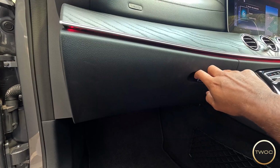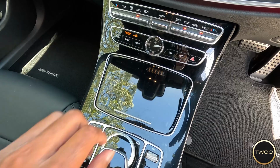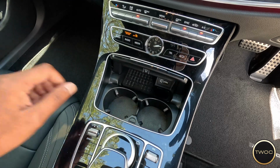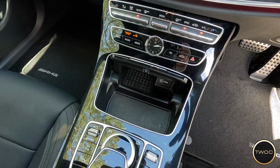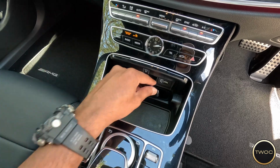Lastly, we have storage, starting with the glove box, which isn't all that big, but it does have a vent that can be opened or closed to cool the space. Under the piano black lid on the center console, there are 2 cup holders that can be removed for more storage, a wireless phone charger, which mind you was an option, a USB-A port, and a place for the key